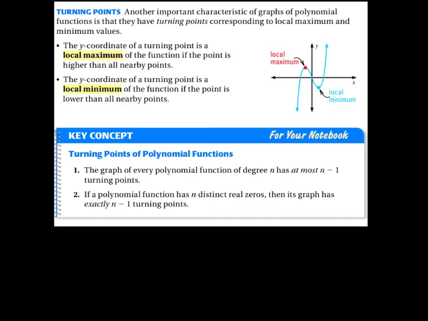Now, I like to kind of refer to these things as peaks and valleys. So if you're going along the graph here, you're going to hit a peak at this point, the local maximum. Then we decrease a little bit and hit a valley, the local minimum. Then we start increasing again. Okay, so if we have 2 turning points, what's the degree of our polynomial function? If the turning points is 1 less than our degree, this looks like it's going to be a